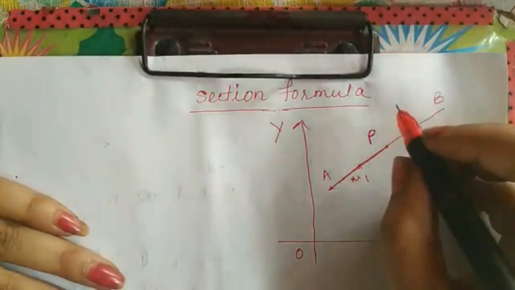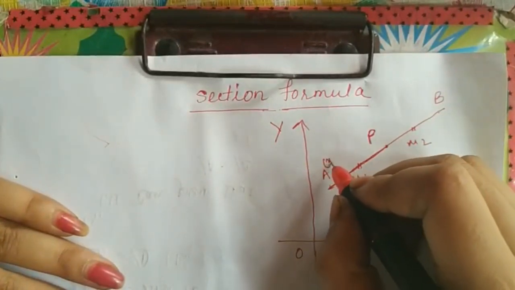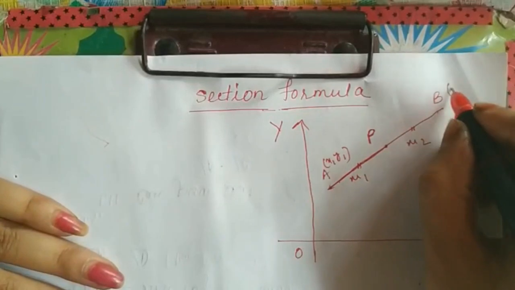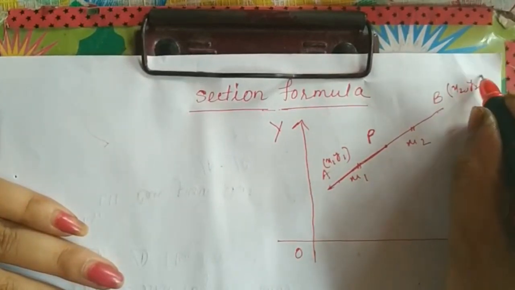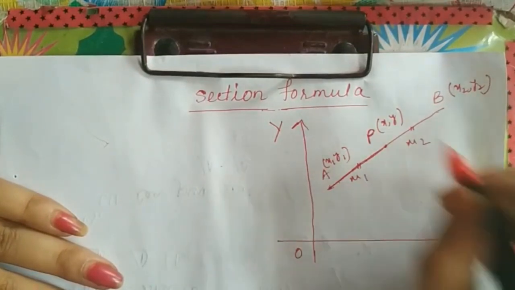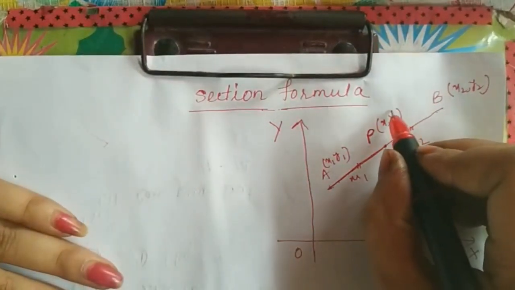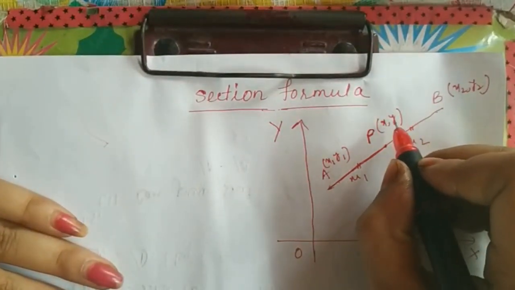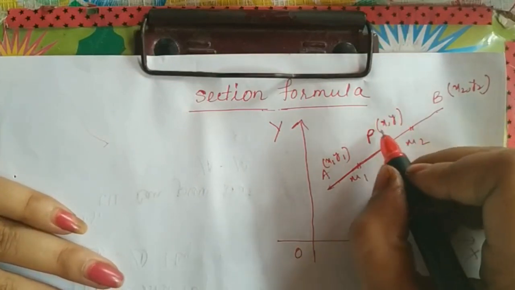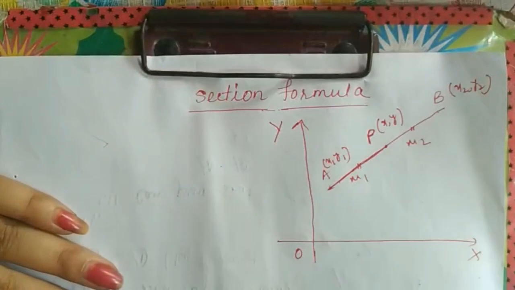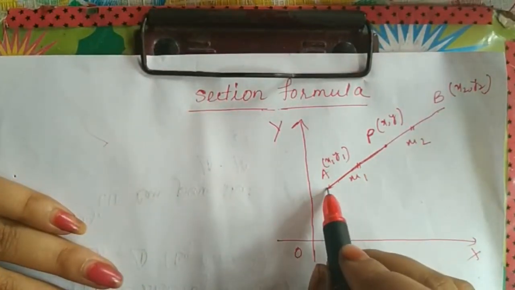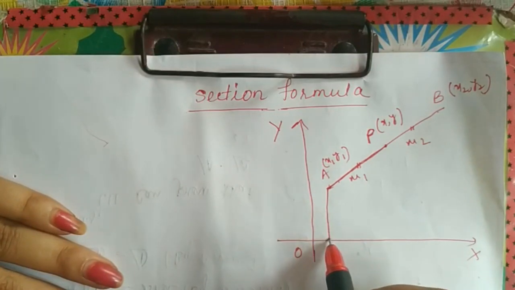Suppose the coordinate of A is x1, y1, B is x2, y2, and the coordinate of P is x comma y. We have to find the value of this coordinate, that means x equals what and y equals what. We call this the section formula. Similarly to the distance formula,